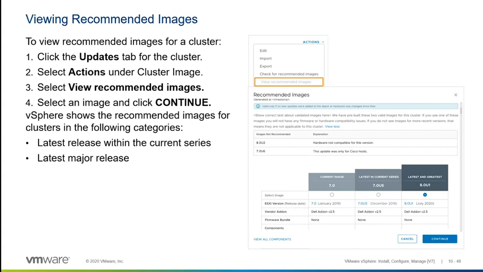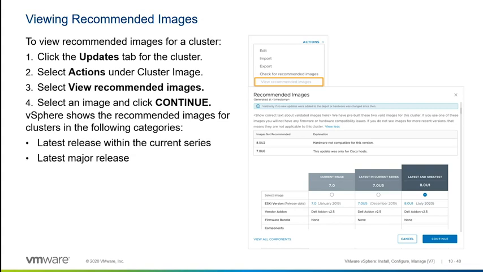But at some point, Update 1 will be available, and it'll say your current image is 7.0, the current version of 7 is 7.0 Update 1, and the latest and greatest version at some point in the future will also be listed here. And it will give you an opportunity at this point to update to the latest and greatest version of vSphere. So this is a nice thing that says, hey, you know what, I'm not keeping currently up to date with all the vSphere blogs and all that kind of stuff. And vSphere, if I check this periodically, it'll let me know that VMware has a major update available for ESXi